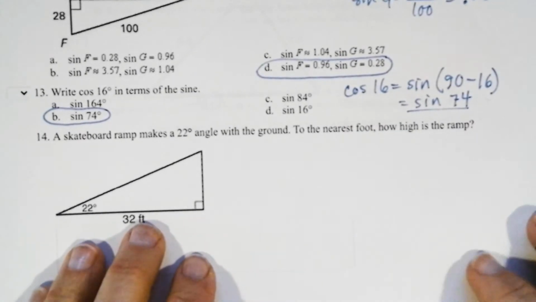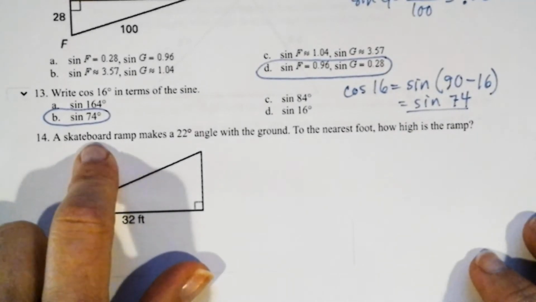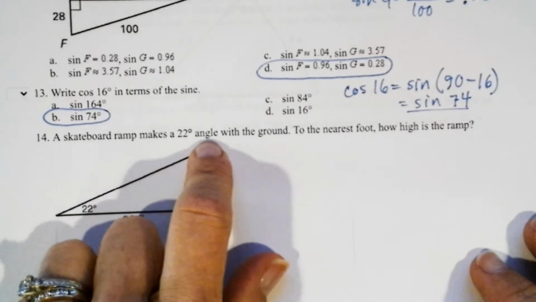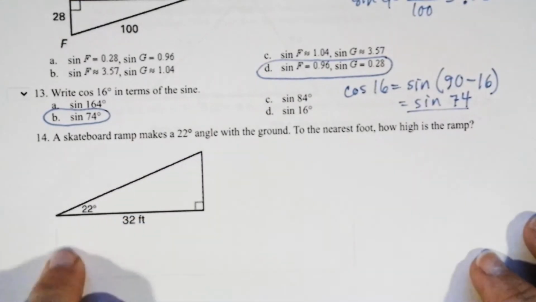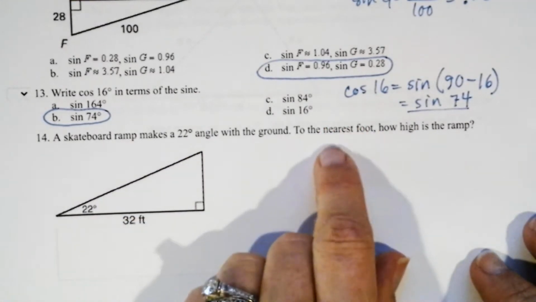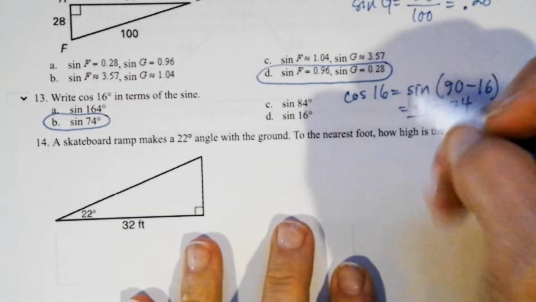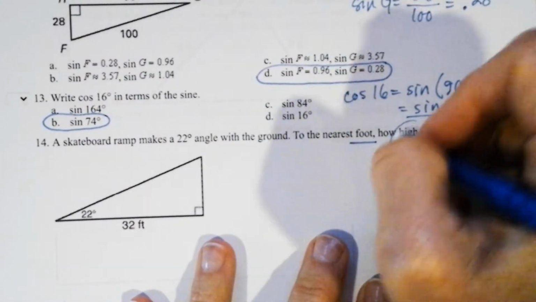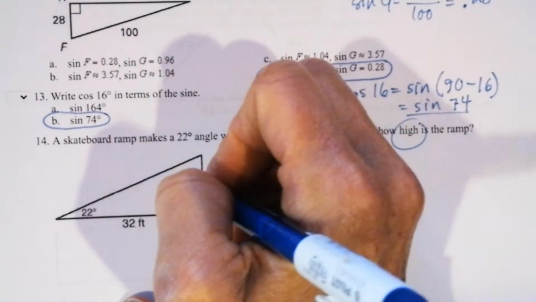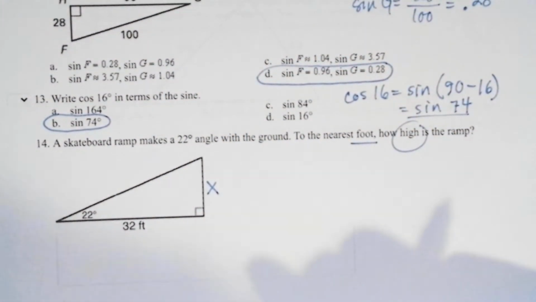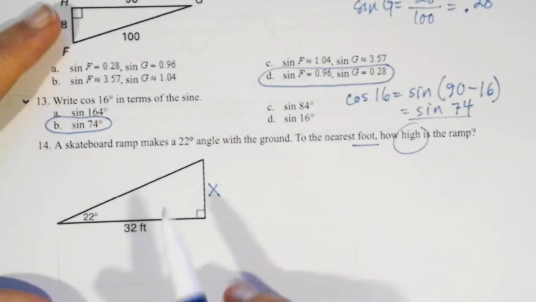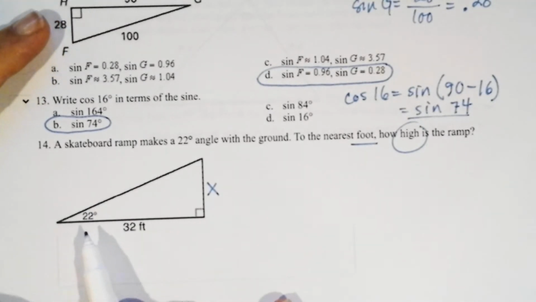No, I think we're doing a sine here. Sorry, sine. A skateboard ramp makes a 22-degree angle with the ground. There's my 22. To the nearest foot, how high is the ramp? So I'm looking for this. That's my question. Now that I know I'm looking for this, and I have an angle, I have to figure out